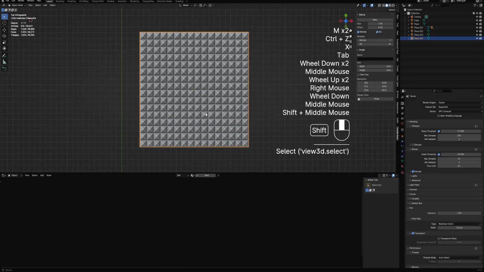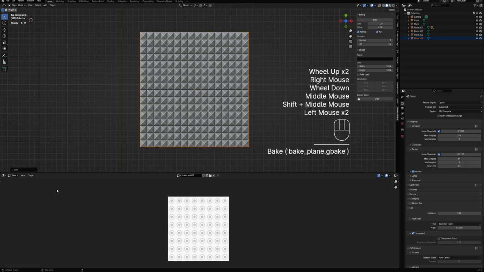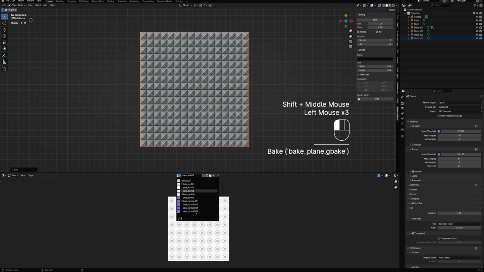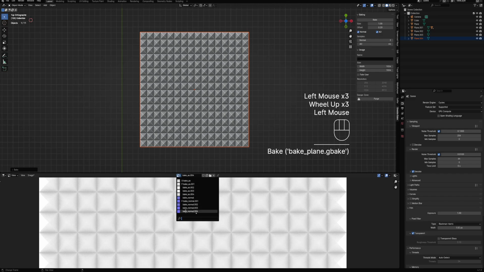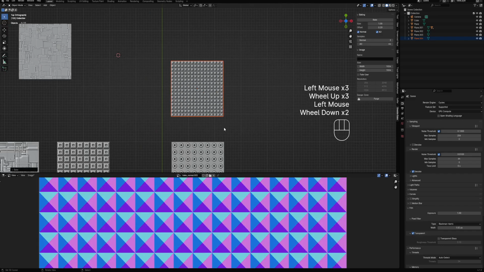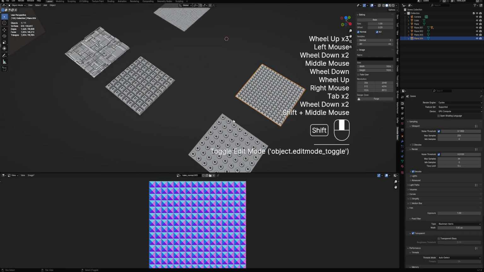Procedural shader to bake this. To bake, and this is the normal. Okay, so that's